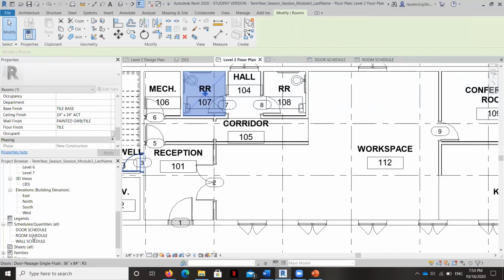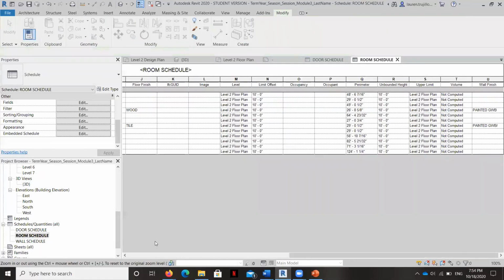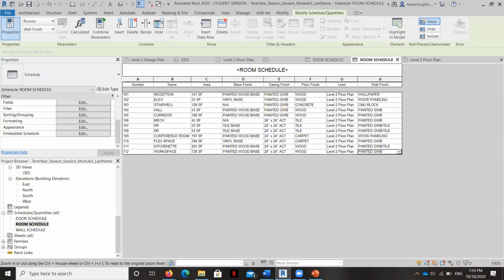But for right now, I'm going to go back to the schedule and once again pause and get rid of the columns that we don't need for right now, so that we don't have a bunch of empty columns. And so eventually we can put this on our sheet. And so now as a final look for our room schedule, you can see that I've deleted the empty columns and I've left the ones that are most critical to our use as interior designers.